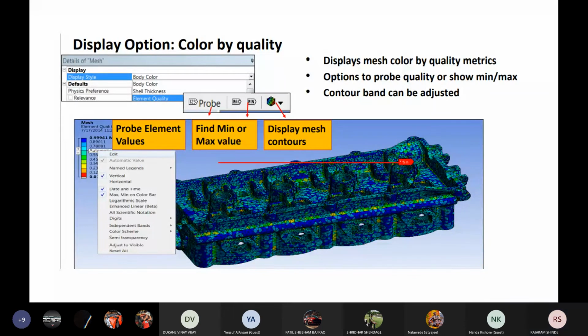If you use the probe option, you can check the quality value of the element. It will find the maximum or minimum value of the element quality. These two icons also display the mesh contour. You will get these icons at the top of your meshing window.